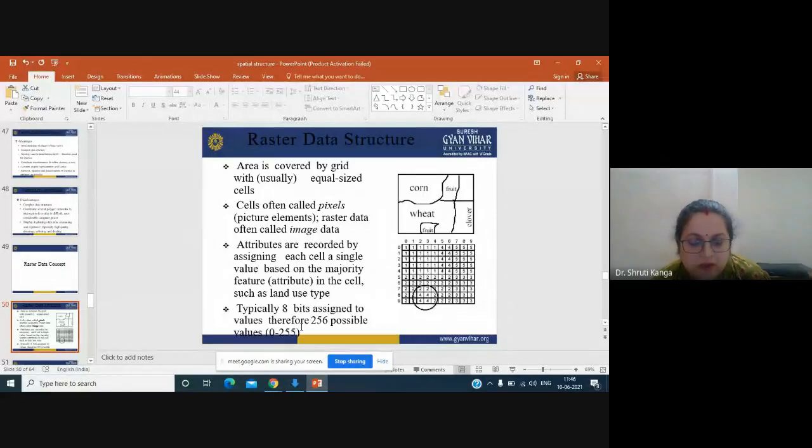And I have also told you that if you go through the radiometric resolutions, every data has a bit capacity, that is, how many bits the data has. Based on that, the reflectance values vary in that particular class. For example, if we have 8-bit data, the values in which this image is stored should fall between 0 and 255. So in total there will be 256 possible values if the data has 8-bit resolution. Getting it?